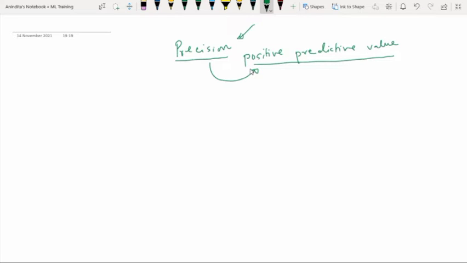So you have to keep in mind this one, meaning how many relevant instances we have retrieved among all the instances. So we have retrieved pretty much 13 instances from my data set and all are relevant. So this is the concept of precision. Now on the other hand, what do you mean by recall? See, the other name of recall is sensitivity.